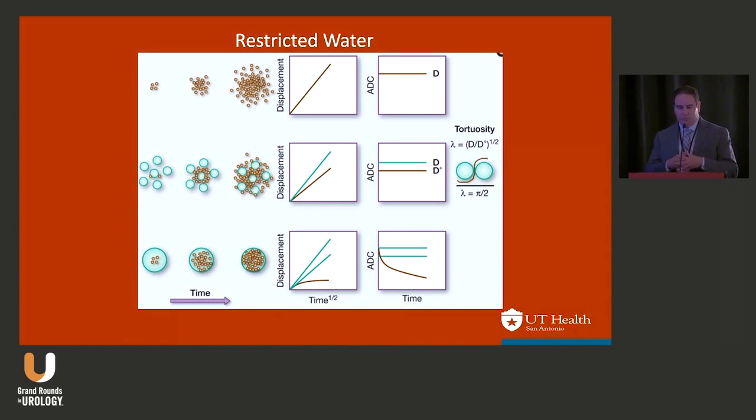So the title of it, right, restricted water. There are three components of water that impact the MRI. There's free water that can freely go wherever it wants. There's interstitial water, where if you have more cells, then it blocks it and reduces your ability, and you can see that ADC drops down because you're blocking more of that free water. And then lastly is the restricted water. So this is the water within cells or within nuclei, and it just